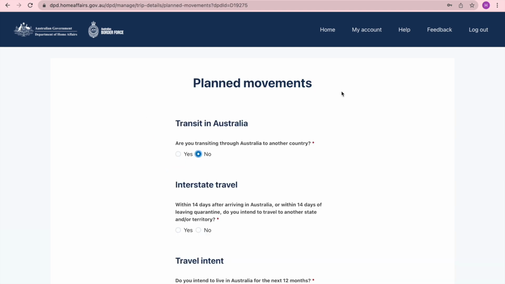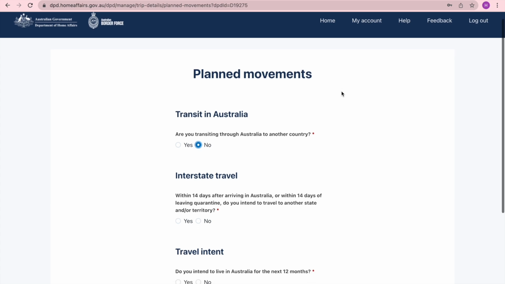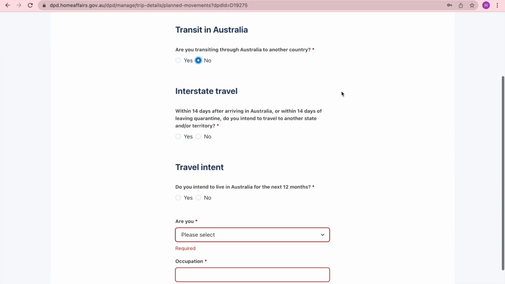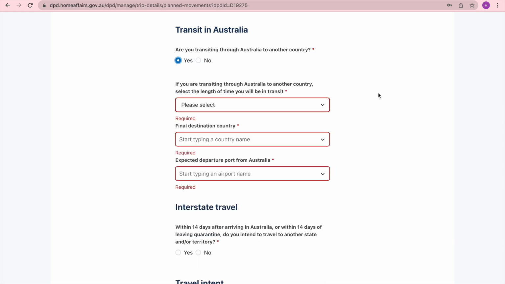Okay, now, as you can see here, we are in the planned movements stage. So the first question is transits in Australia. Are you transiting through Australia to another country? Select yes or no. Now I'm going to select yes, and the questions that come up for that are,